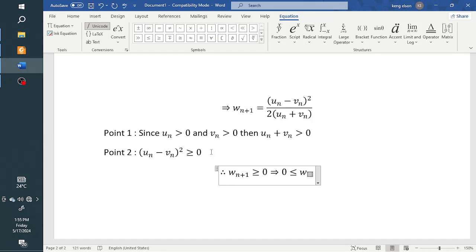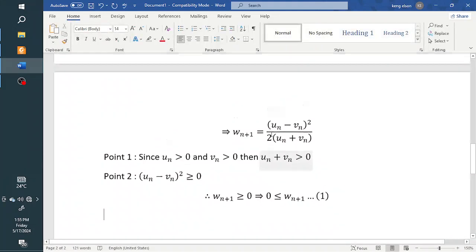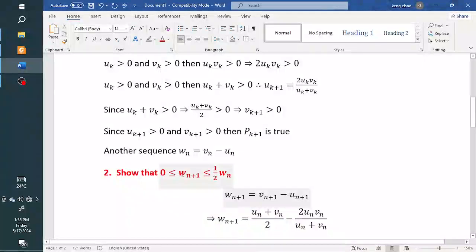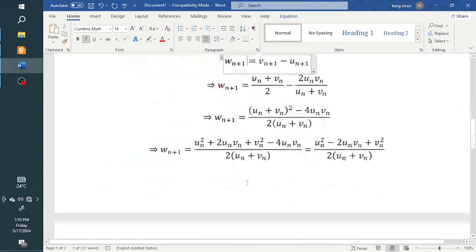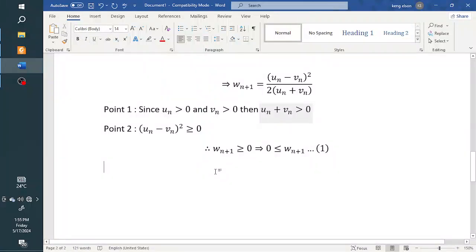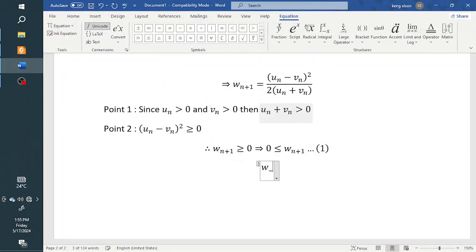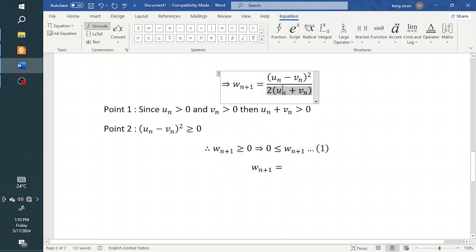Alright, so we can keep this first as equation 1. Now we have already proven this section. Now we have to prove this other section. So how do we go about it? Now we have that wn plus 1 is equal to, I am going to simplify it and come out with wn. So this wn plus 1, since it is this, right,